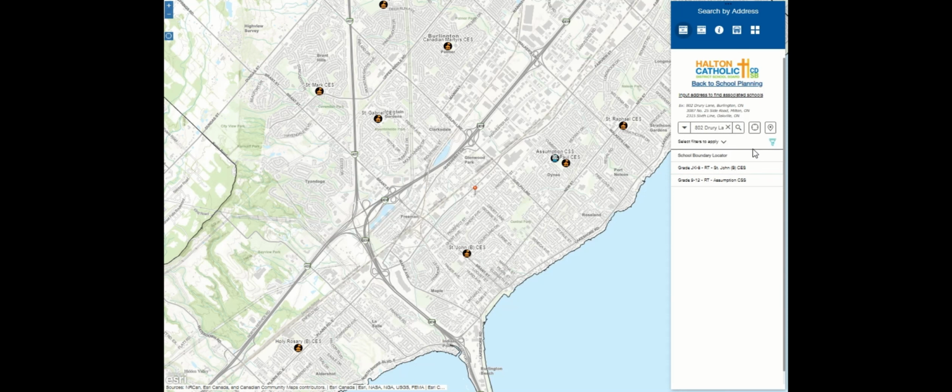Additionally, there are 2 other tools you can use to search addresses within the map. These tools are located beside the search button on the address search bar. The first button is the Search by Location. This tool will search the Halton region for your school based on the location of your computer or mobile phone. Please note, location settings must be enabled for this tool to work. The next button is the Select